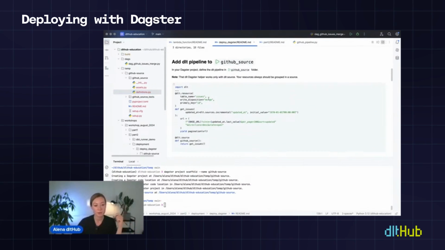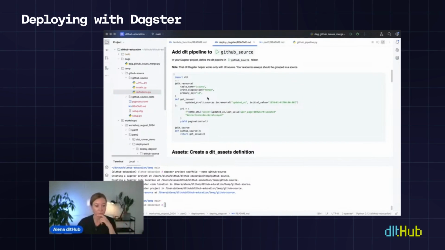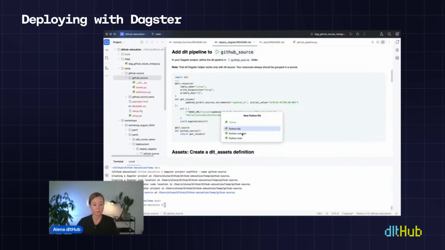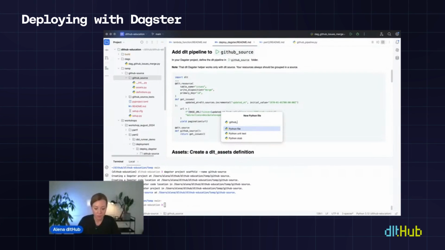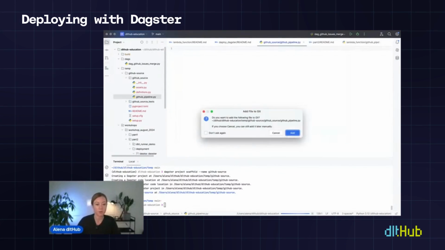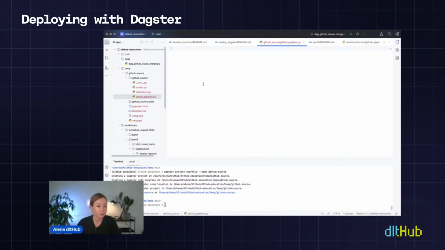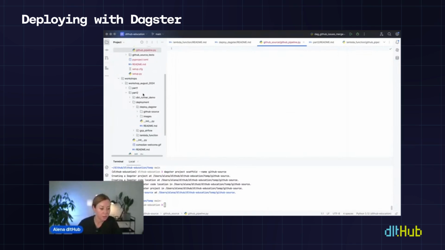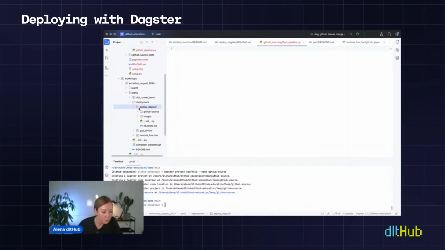Let's add the DLT pipeline to this folder. I would create it directly here. Yeah. Python GitHub pipeline and put some pipeline, for example,